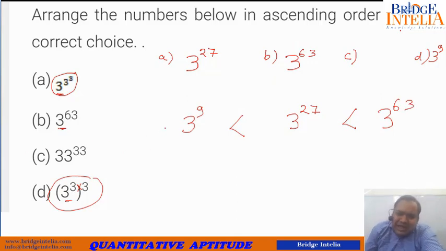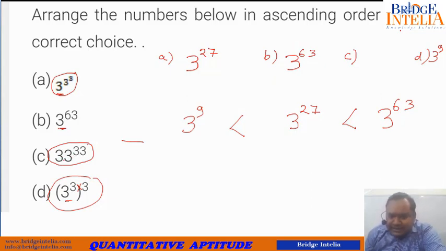Option C could lie anywhere. It could lie here, it could lie here in comparison series. It could be lesser than any of the given numbers, or maybe greater than any of the given numbers. We have not yet managed to compare it directly. So let's go for a strategy, an indirect comparison. So what is the crux of such a problem? How can you solve such a problem? By comparing it indirectly.